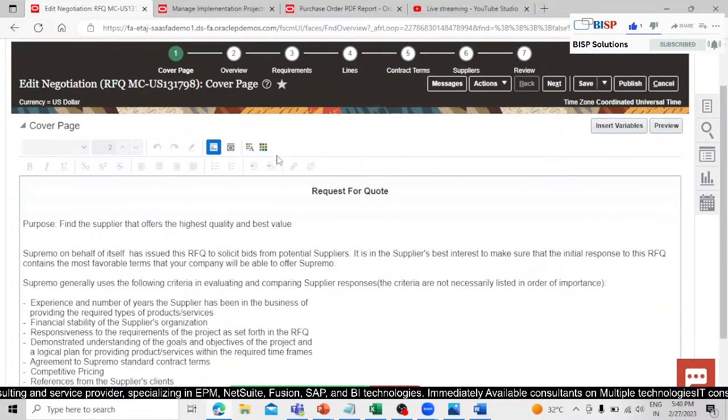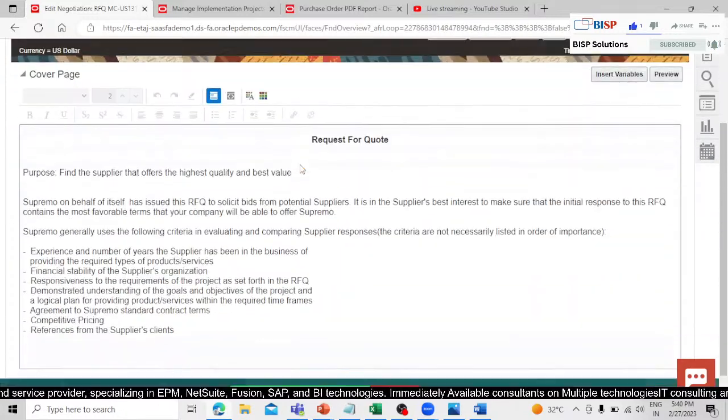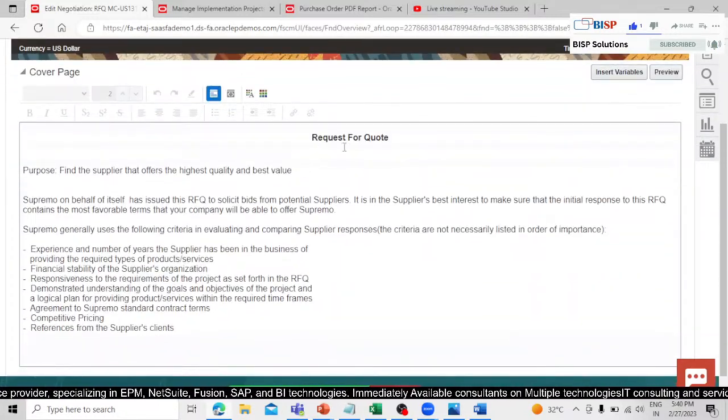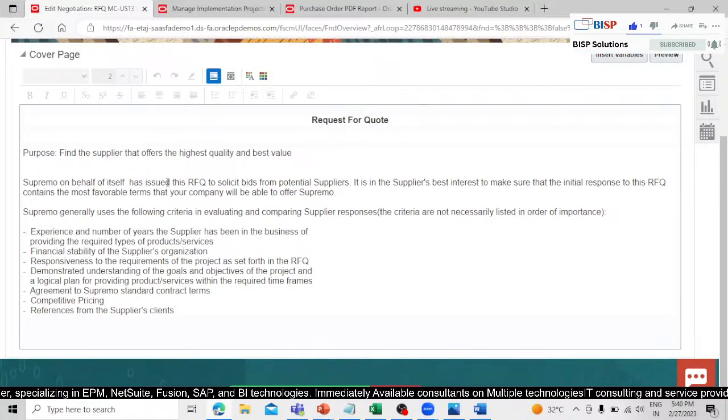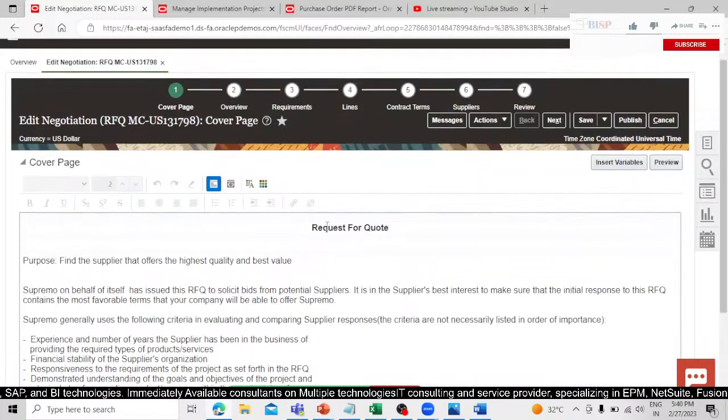Right. So you can see this is the cover page, right? So you can define a request for the quote. You can also provide the terms and condition. You can define what is the purpose of this, right? Purpose I can define over here, right? So this is the request for quote to the supplier, right? And click on this next, and you can define the overview of this,